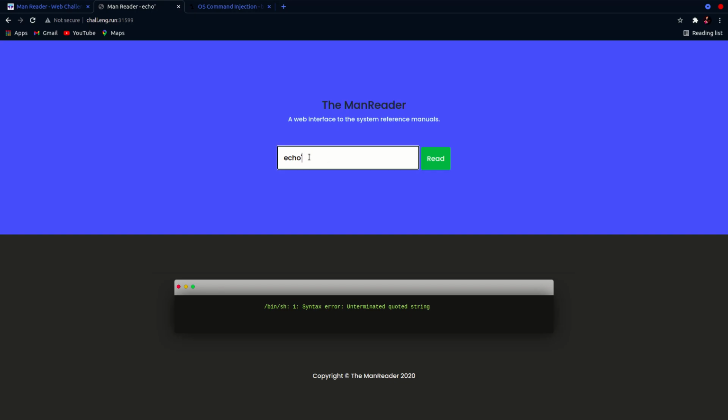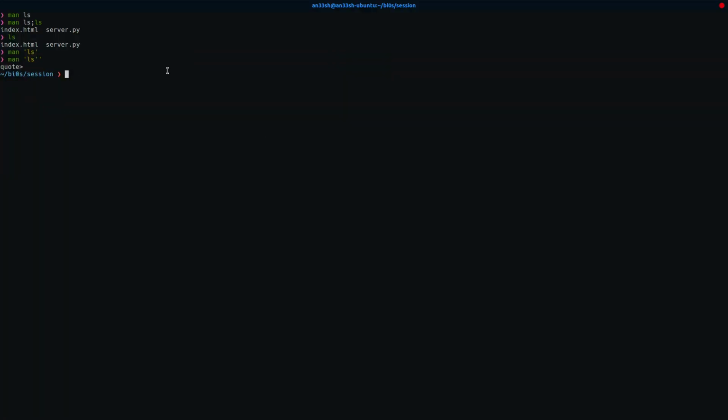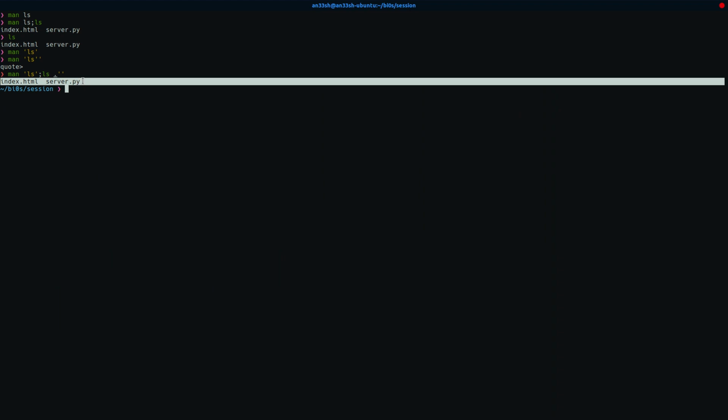Now after we add a quote, we can put a semicolon and add another command, just the ls command, and we specify a directory for ls, and then we put a single quote so that this last single quote will match with the first single quote, so that it will not be unmatched. We just run that and see our ls command is also executed.